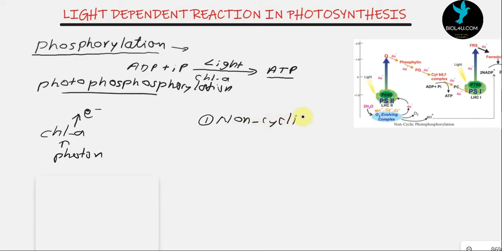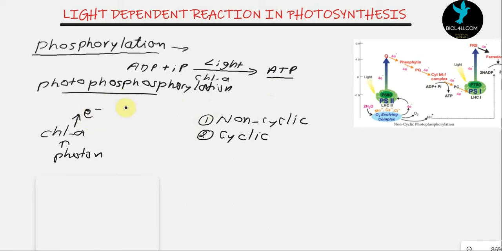Non-cyclic. So why it is called non-cyclic, let us explain in detail. And the second one is cyclic photophosphorylation. So cyclic and non-cyclic means chlorophyll absorbs the photon of light and becomes excited, and the electron is expelled outside. This electron, having high energy, is carried from one carrier to another carrier, and then to the next. During this transfer of the electron, it releases energy,